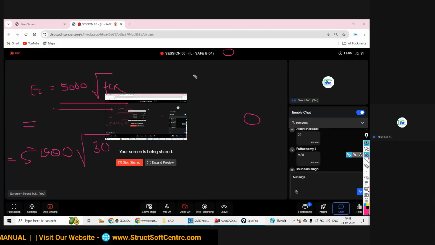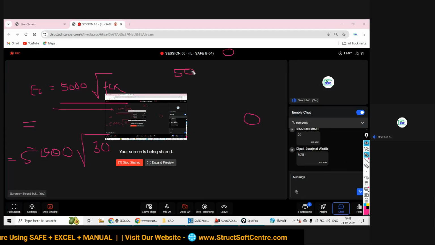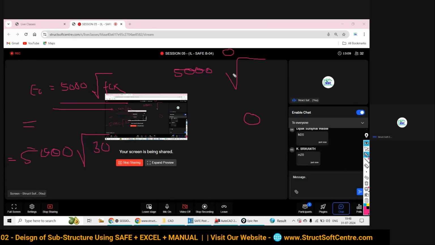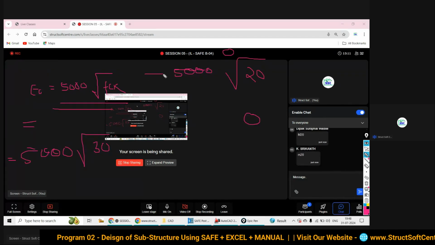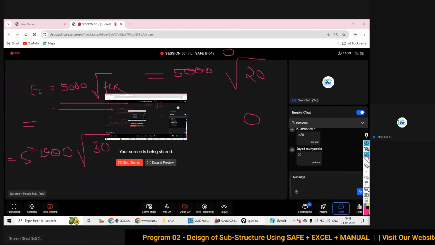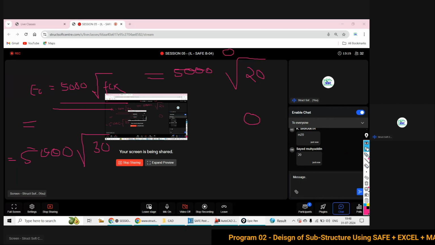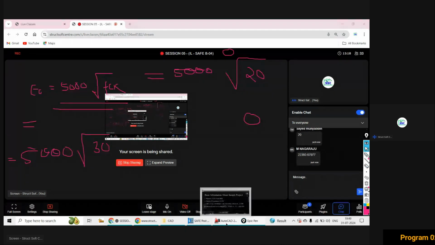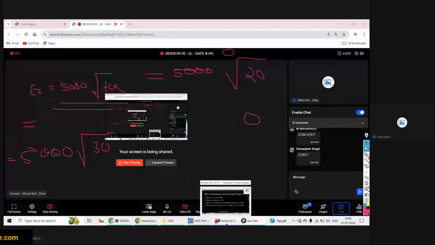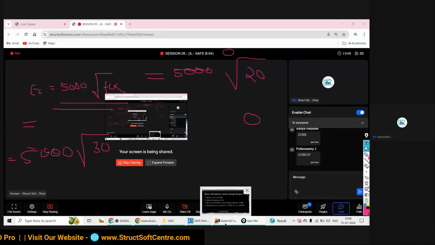It is 20. So we have to use 5000 under root of 20. Now give me the answer. 22360.67. Very correct. Nagaraj, Amarjit, Shrikant, Aditya, Puttaswamy, all of you are correct.